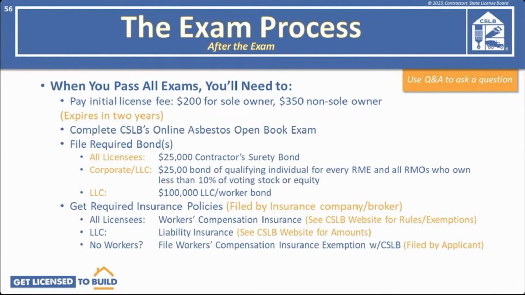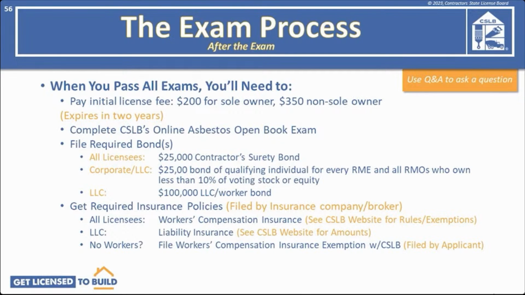After you pass your exams, what happens next? First, you'll need to pay your initial license fee, $200 for a sole owner license and $350 for a non-sole owner license. That will be good for 2 years. You'll also need to complete an online asbestos open book exam. Plus, you'll need to file your required $25,000 contractor surety bond and possibly other bonds depending on what type of business